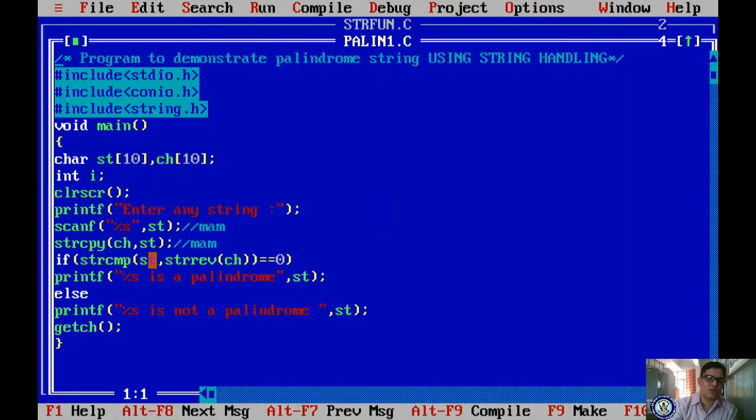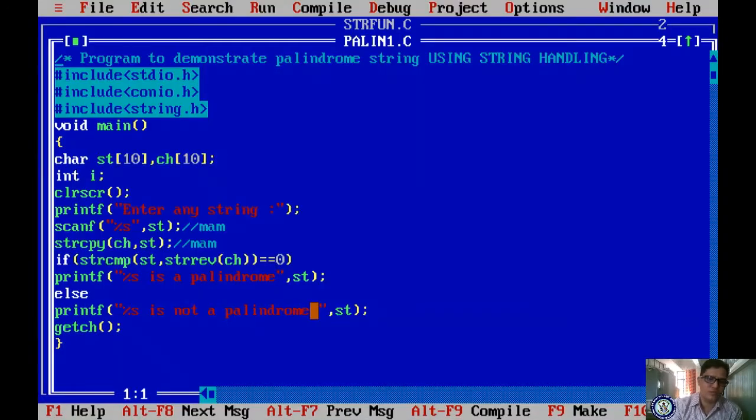So that is the condition it will check. You are copying, and after copying you are comparing the two strings by reversing the string. Okay, reversing is common, right? I'm once again running this program and I'm entering smc. Whether smc is palindrome? No. So hence smc is not palindrome. Got it? So likewise this program will execute.